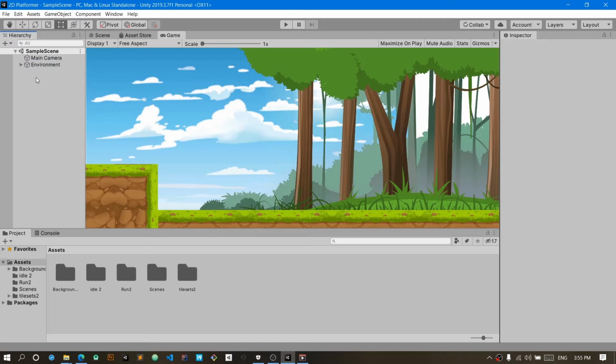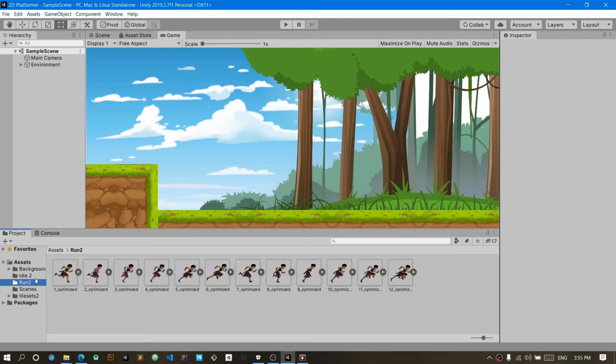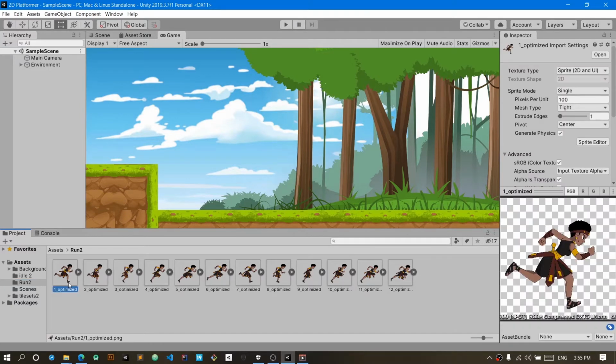Now the second thing we'll do is that all these animations will be in the description below, because these are what we'll use for the animations. Now animation is basically a number of images or motion pictures which are run at a high speed, frame by frame. So basically all these images, which are drawn by an artist or an animator, are run frame by frame through an animation engine or a timeline, and that creates